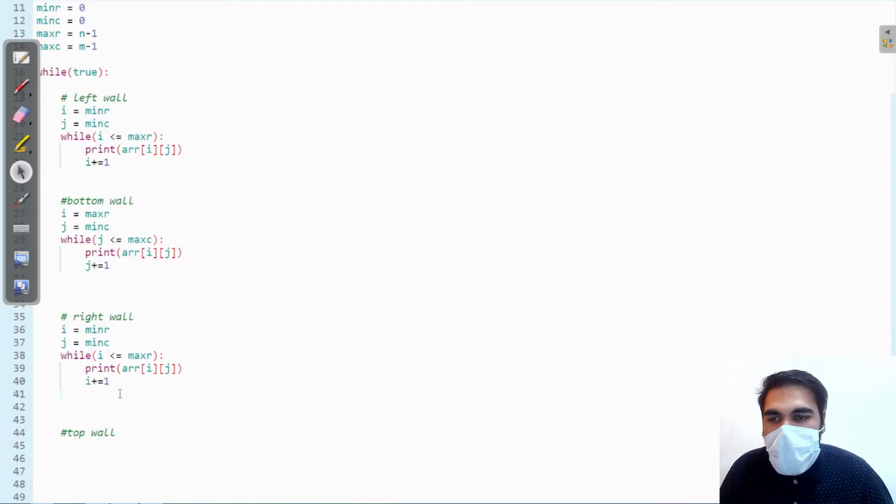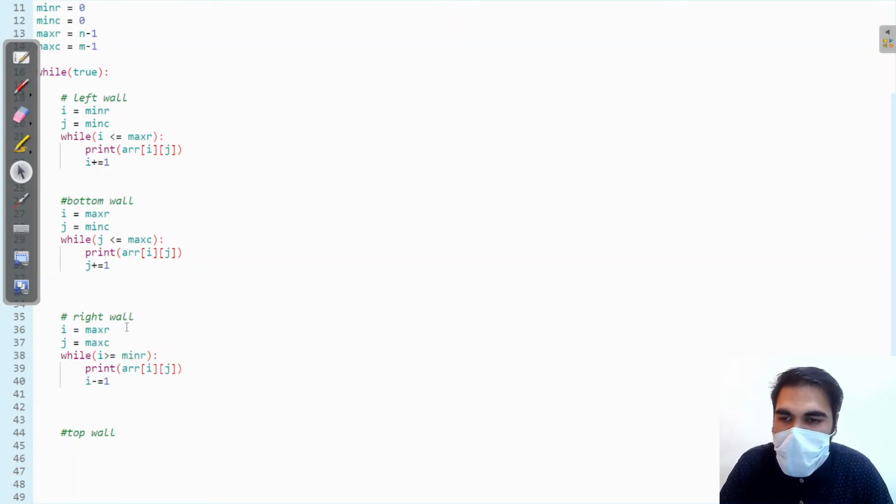So our i will be moving from max row, and j will be fixed at max column, and the stopping condition is i is greater than or equal to min row, and i is decremented each time by 1.